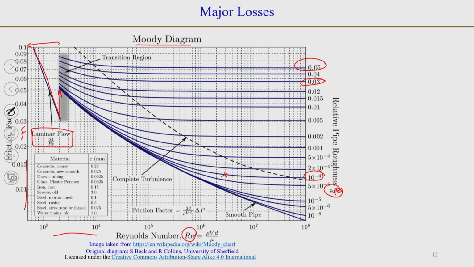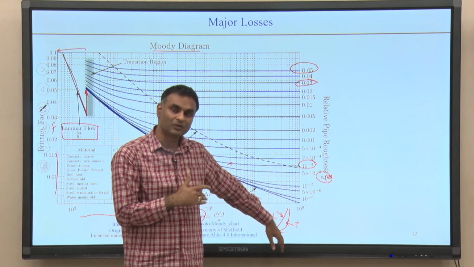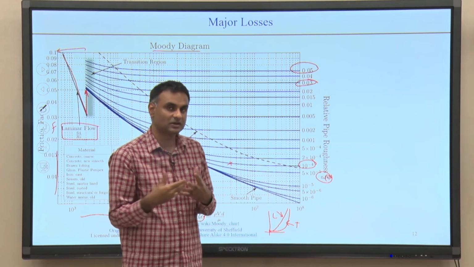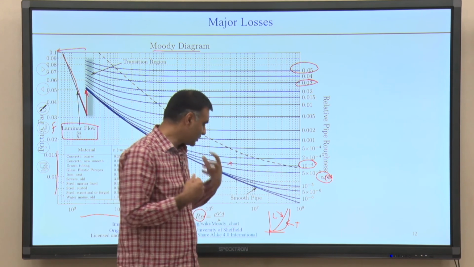And so, the question comes, why do we have the friction factor having a jump here? The answer lies in the velocity profile. If we define the velocity profile, this is for laminar flow and this is for turbulent flow. So, you have a very thin viscous sublayer and the velocity profile is fuller. So, the gradient is larger in the turbulent flows. The wall shear stress is going to be high and that is why you have high major losses, and as a result friction factors are larger in the turbulent flows.